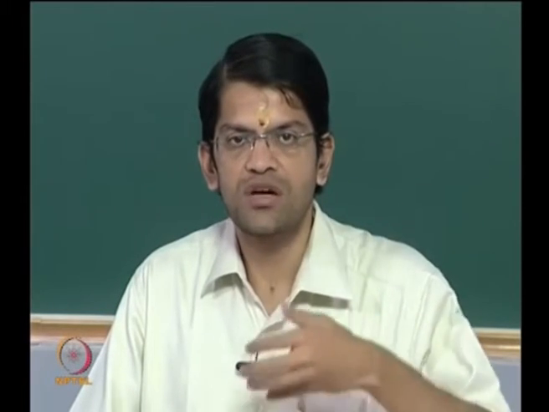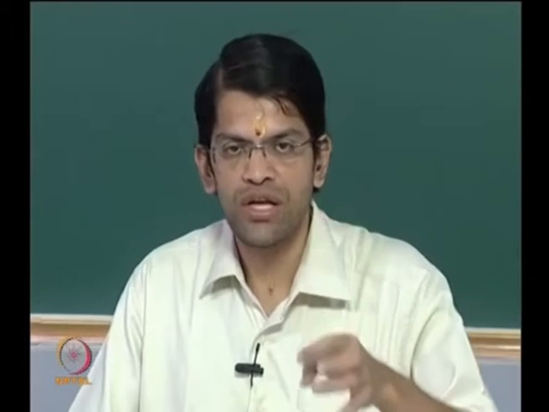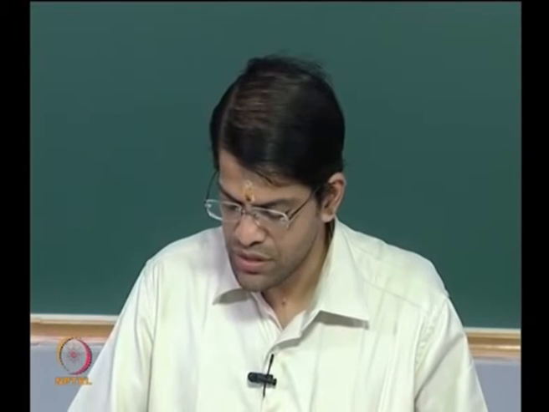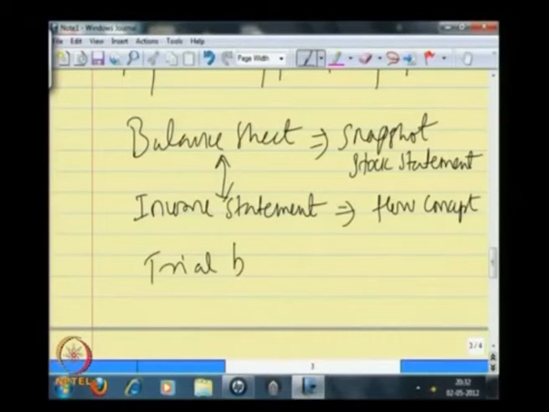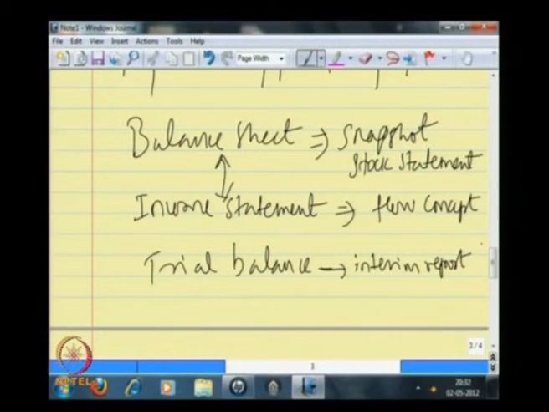Where the income statement talks more about the financial performance, where you start with sales, the cost of goods sold, the expenses and the net income. And before we actually prepare this balance sheet and income statement, we also create a trial balance, which is an interim report, which we use to ensure that before we advance to a balance sheet and income statement preparation, it is just a checking mechanism to ensure that all the transactions that we have recorded are recorded correctly.